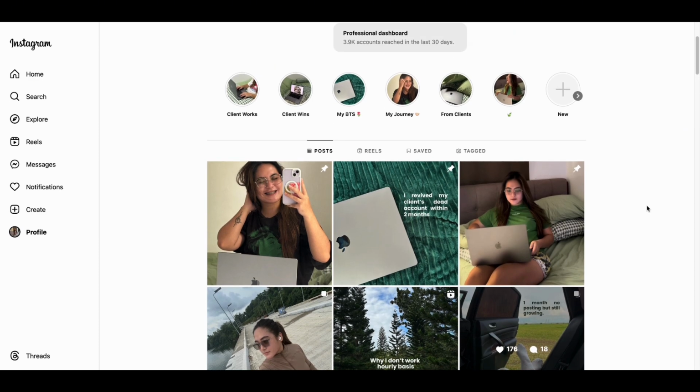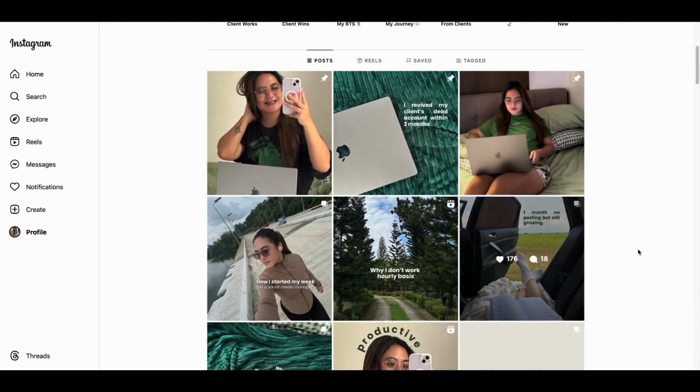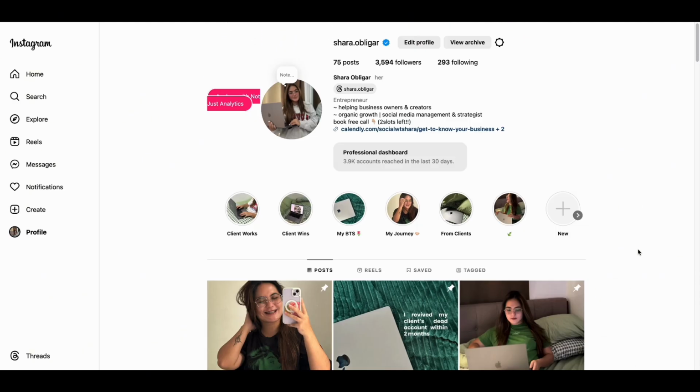So, if you want to increase your followers, likes, or comments here on Instagram, engage with your community. If you're a social media manager, engage with video editors, social media managers, content creators, or virtual assistants, whatever they are. Engage with them and make them follow you, support them so that they can support you as well. And after you increase your followers here on Instagram, for example, you have 300 to 500 followers already, it is time for you to find a client or potential client.